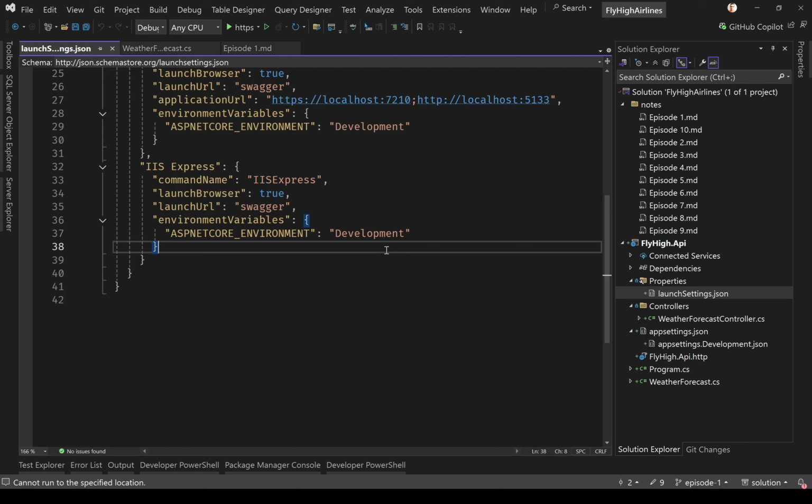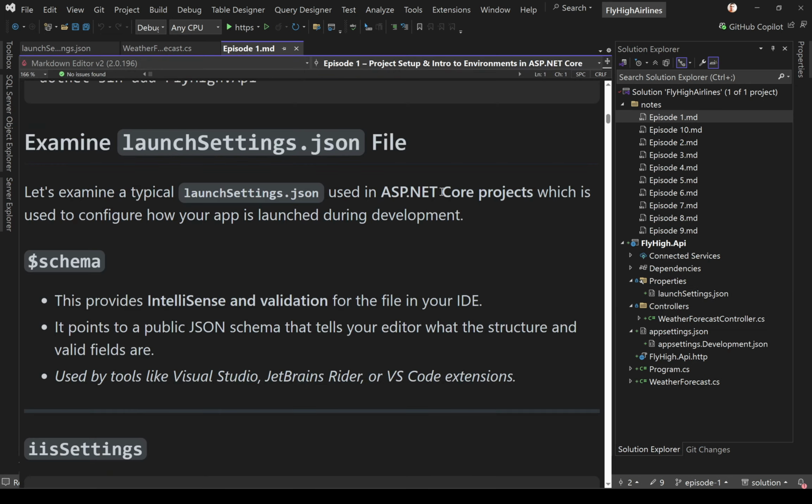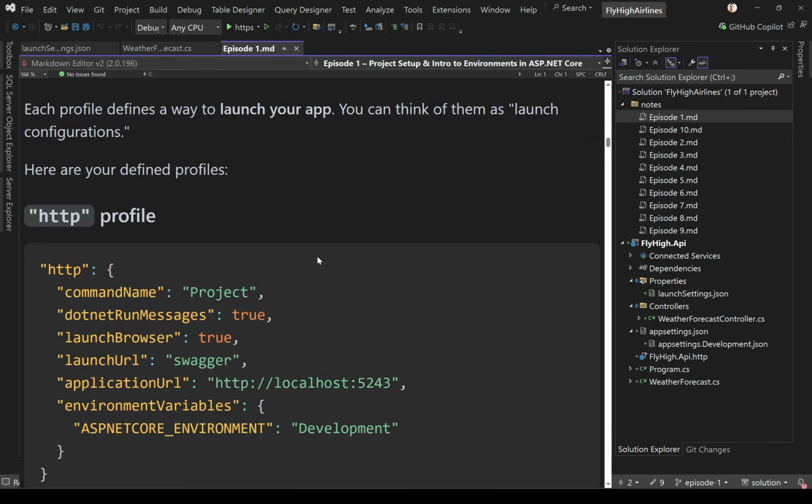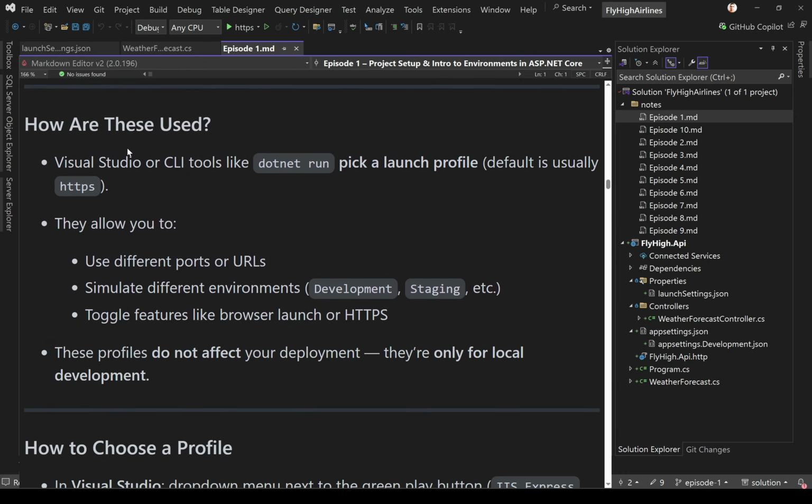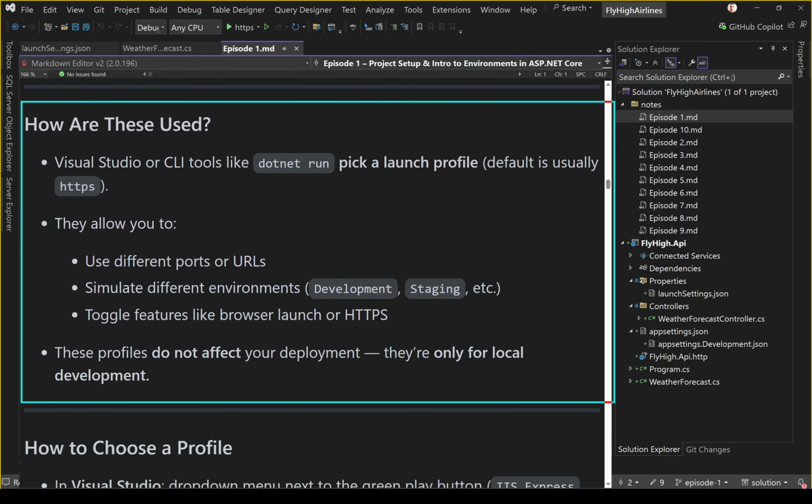Now that we understand the different launch profiles inside of the launch settings file, the next topic would be to talk about the way these profiles are used. How do you actually use them? So let me get back to my notes here. I have talked about all of these profiles, and then I want to talk about the way these different profiles